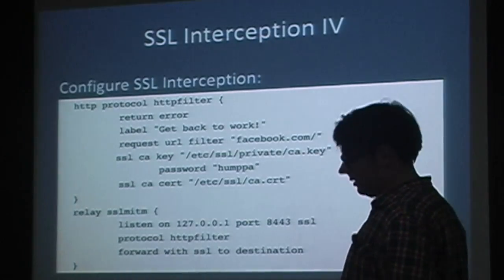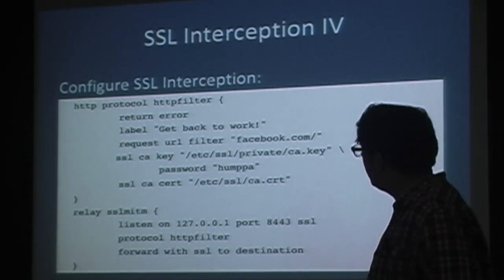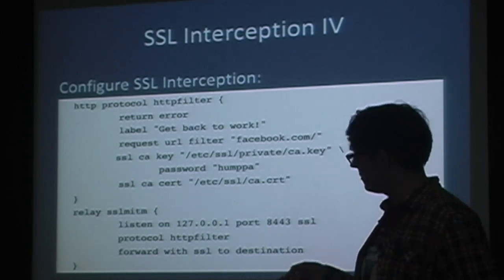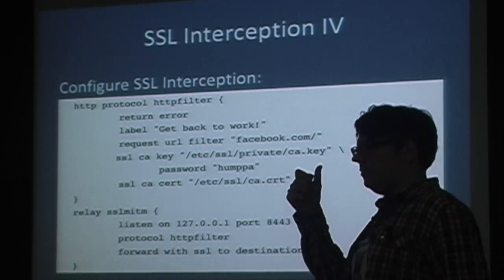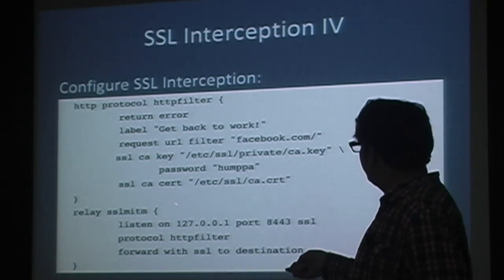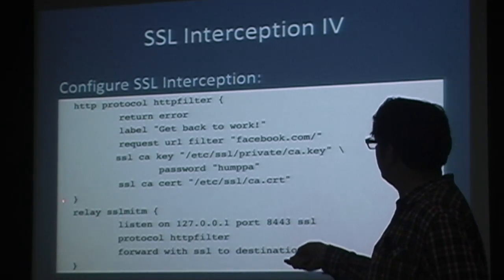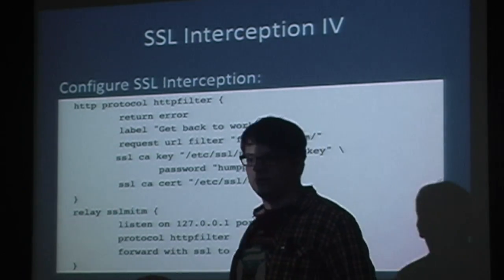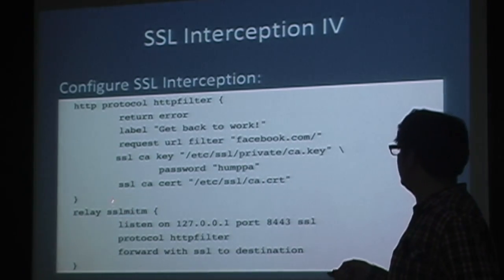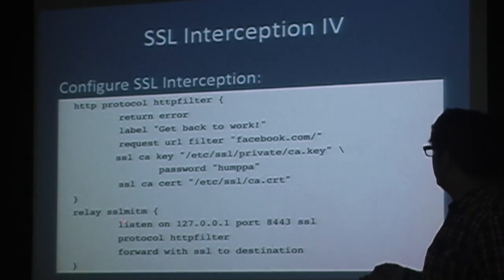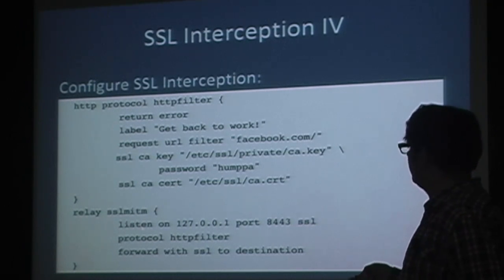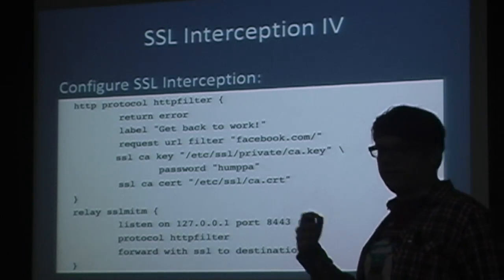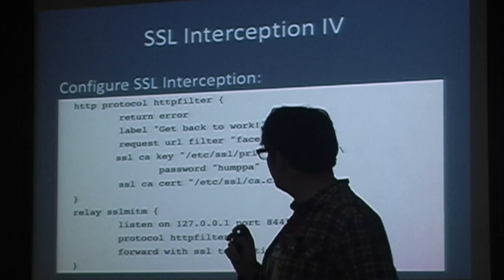Just looking at the configuration, that's actually a part of the relay configuration. As I said, we have redirects, relays, and routers. Each of these blocks you can configure in such sections in relay.conf. So that's a relay called SSL man in the middle. And this is like the traditional configuration, the normal listen on and then the port. SSL is an optional keyword to enable the SSL server.